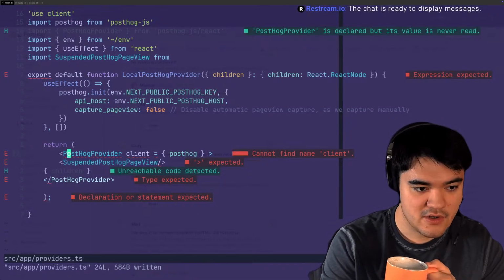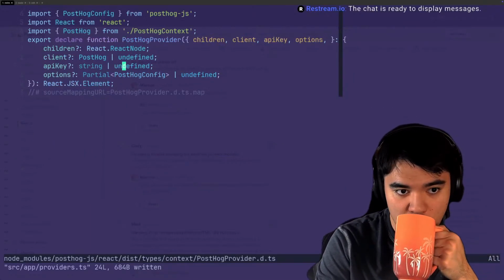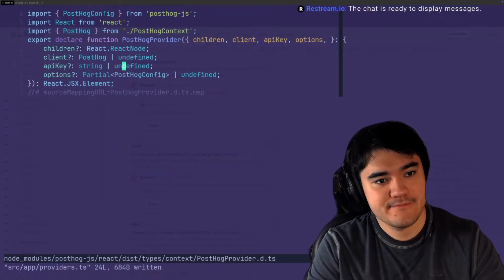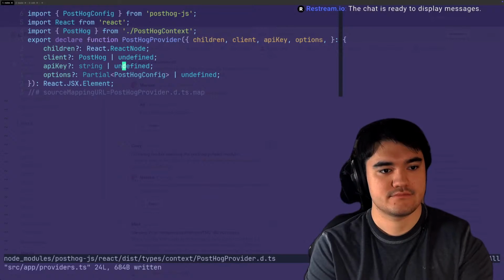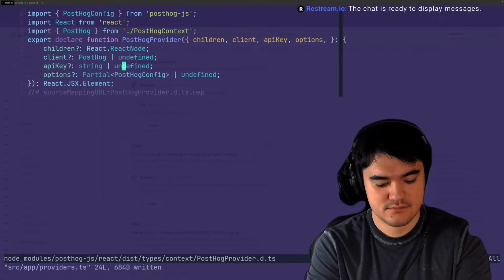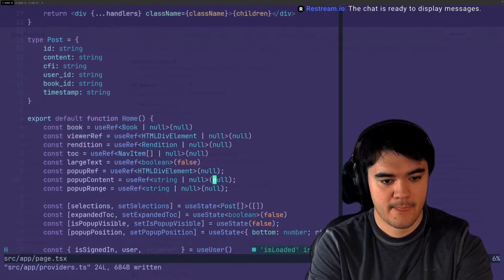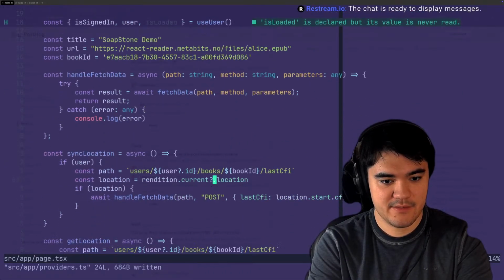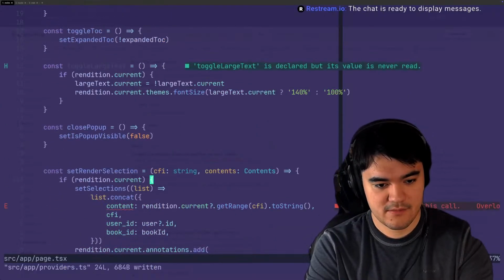Did they change the name of client to something else? No. Is it something really dumb, like the way I'm passing props into that thing?